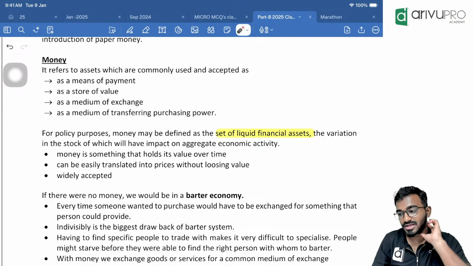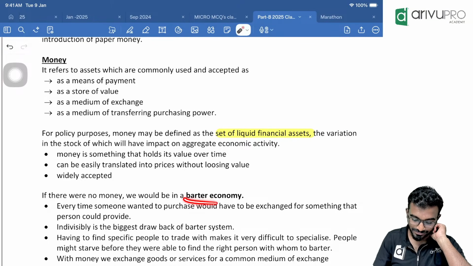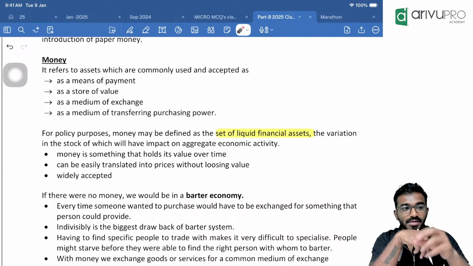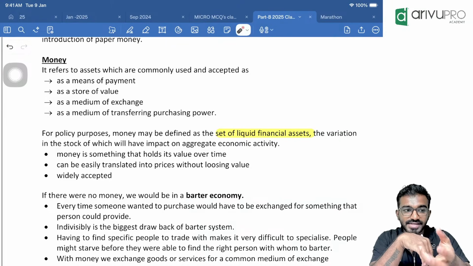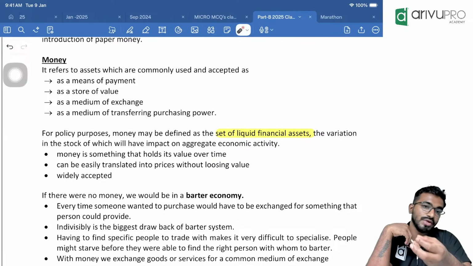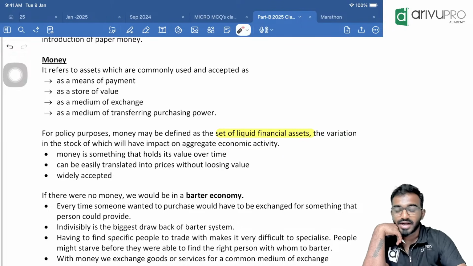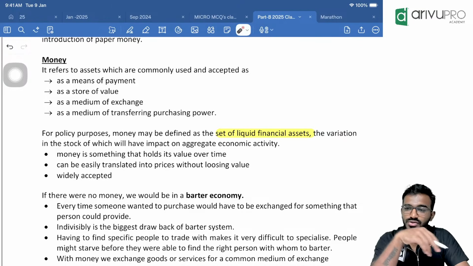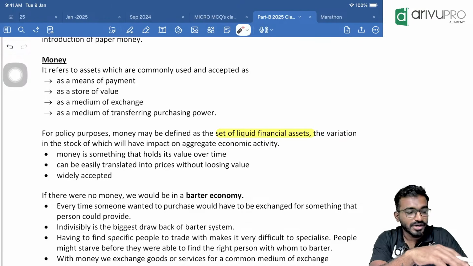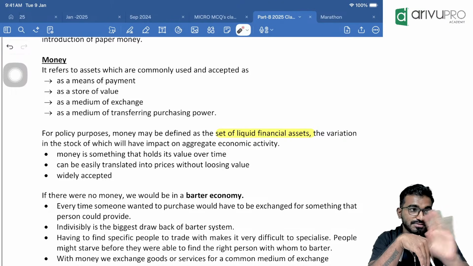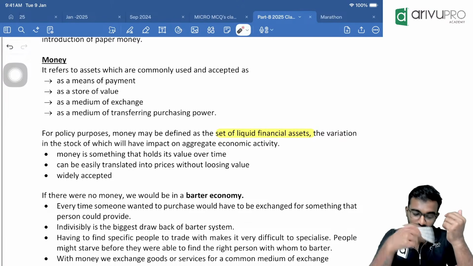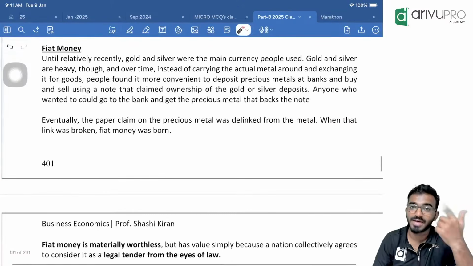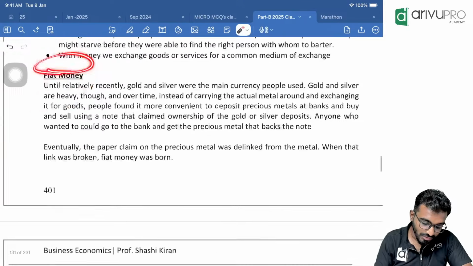If we go back to the earlier days, we had a barter system. From the barter system, we came into a coin system, that means gold coins, silver coins. That was heavy, and we were not able to carry it to every single place. It was a very inconvenient way of carrying every single time. So they deposited those coins and gold in the bank, and the acknowledgement letter backing that gold, we started trading with that. That is when eventually paper currency came into the picture. That is what we call fiat money.